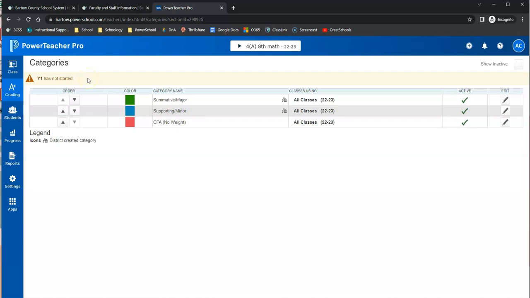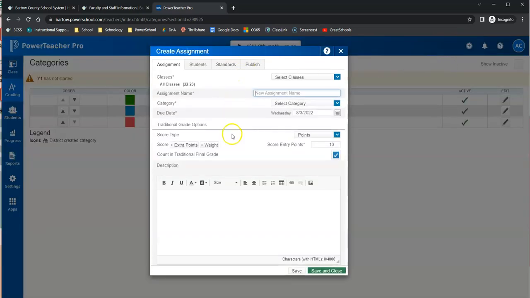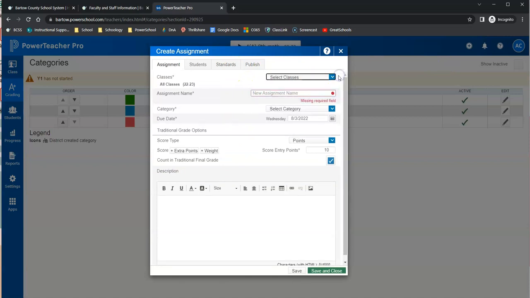When you want to go in and actually give your students an assignment, you're going to click that plus button in the top right, click assignment, and you'll have this box pop up. So you're going to select a class or classes that you want to give that assignment to, give it a